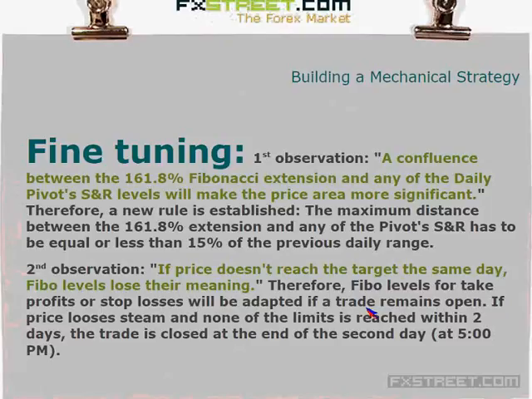Okay. If price loses steam and none of the limits is reached within 2 days, the trade is closed at the end of the second day, at 5 p.m. So these are observations that it's practically impossible to come up with in the beginning stage of the strategy, before I have any measures, before any considerations about conditions and so on. This is something that only arises from observation